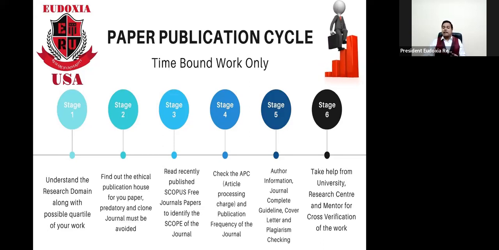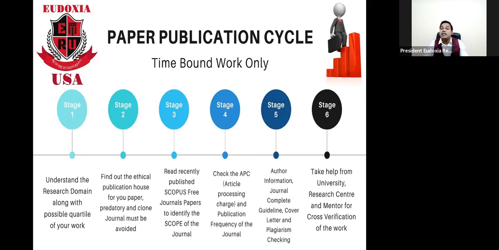And also publication frequency. Say you have a plan that you need that paper within 6 months or 7 months, but you are selecting a journal which is publishing yearly, then it will take more than 1 year, maybe 1.5 years. If you are going with a journal which has publication every month, then it may be faster. Some journals are quarterly, some journals are bi-monthly. So depending upon the frequency of the publication, your paper may be accepted in a faster way and can be published